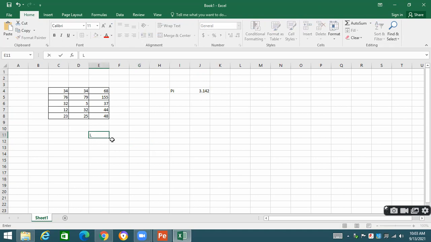Let's take an example. This is the length and this is the radius of the solid cylinder. I need to calculate the volume. For example, length is 4.2, 4.5, radius is 1.2. Length is 7.5, 7.6, radius is 1.9. Let's suppose you are going to calculate the volume. You know what is the formula to calculate the volume of a solid cylinder?